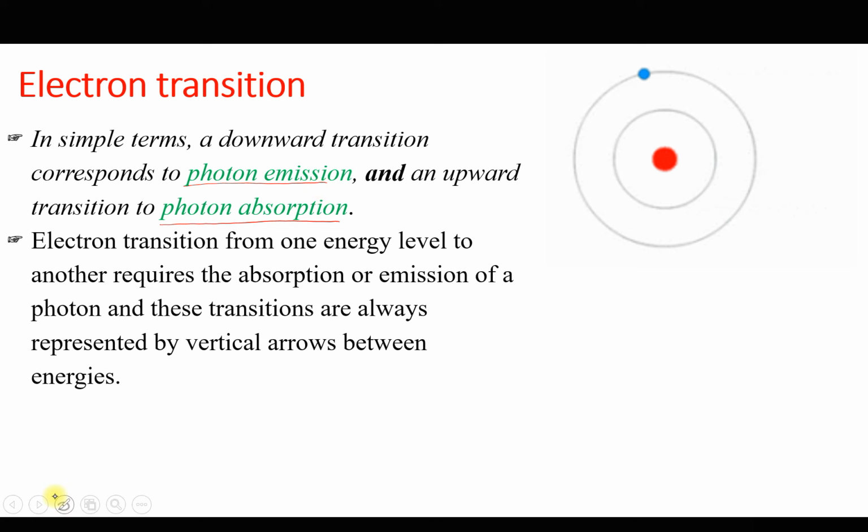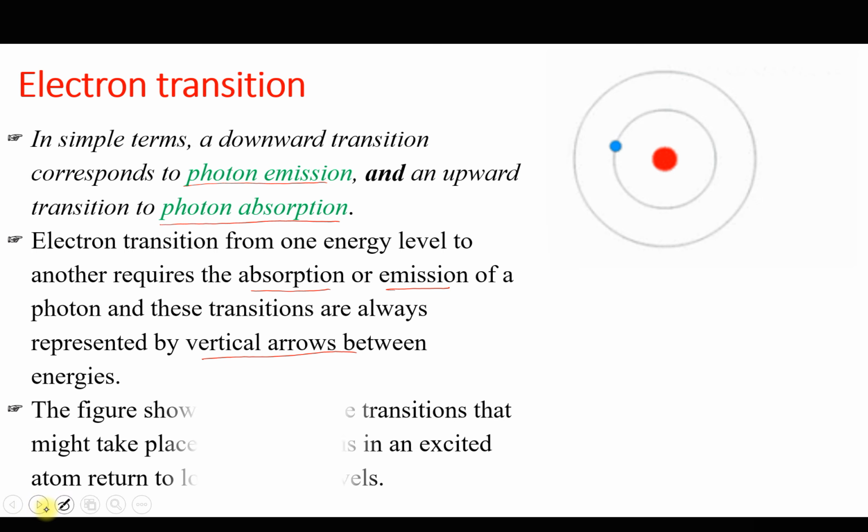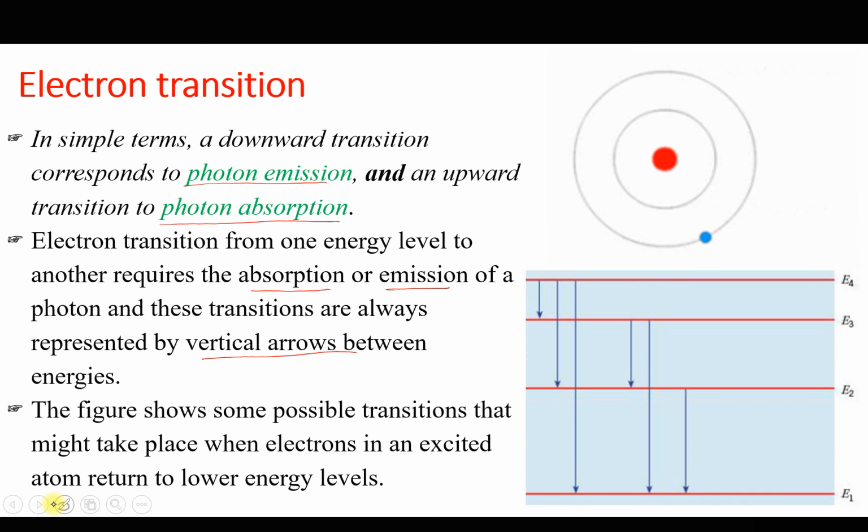Note that electron transition from one energy level to another requires absorption or emission of a photon, and these transitions are always represented by vertical arrows between energies. So remember, the energy levels are horizontal, as shown here, but the transitions are always represented by these vertical lines with arrows. For example, this arrow is showing a transition from the first excited state to the ground state,